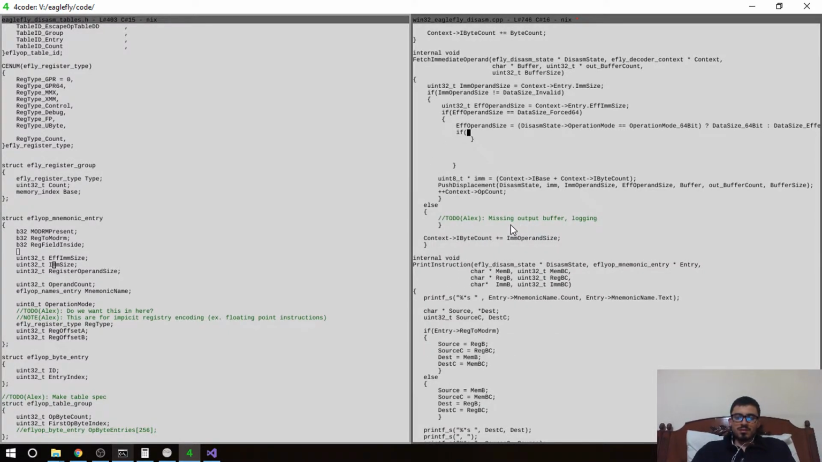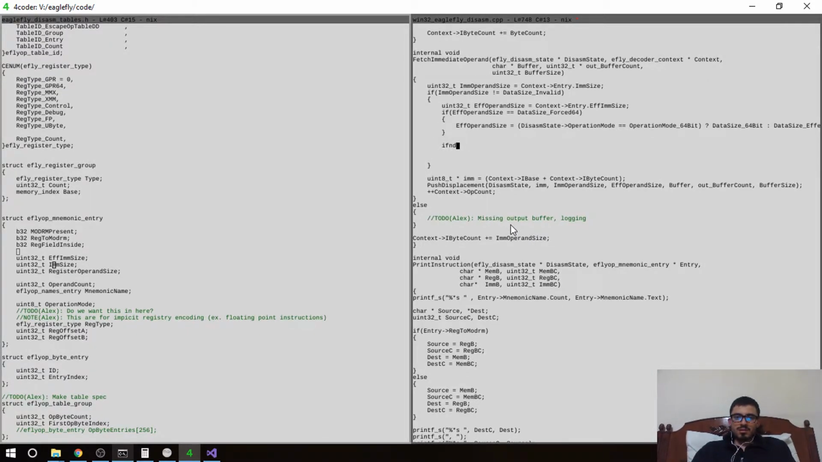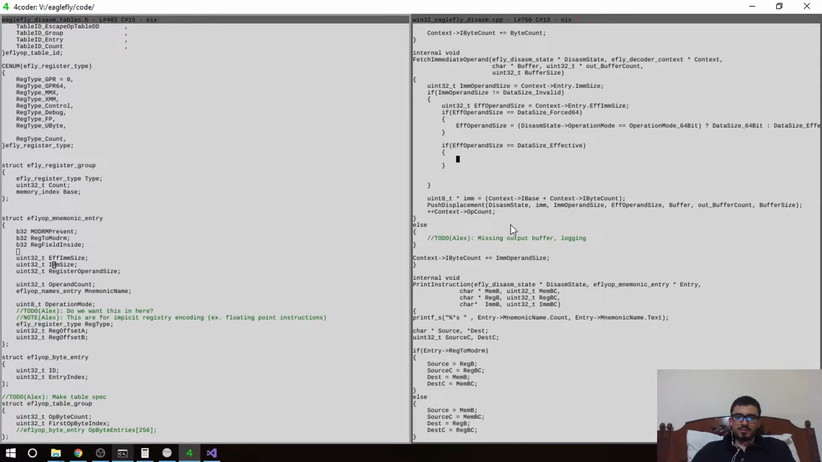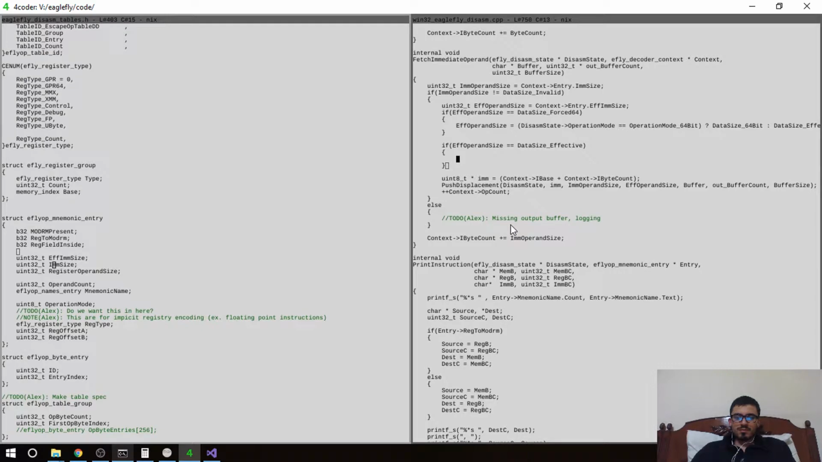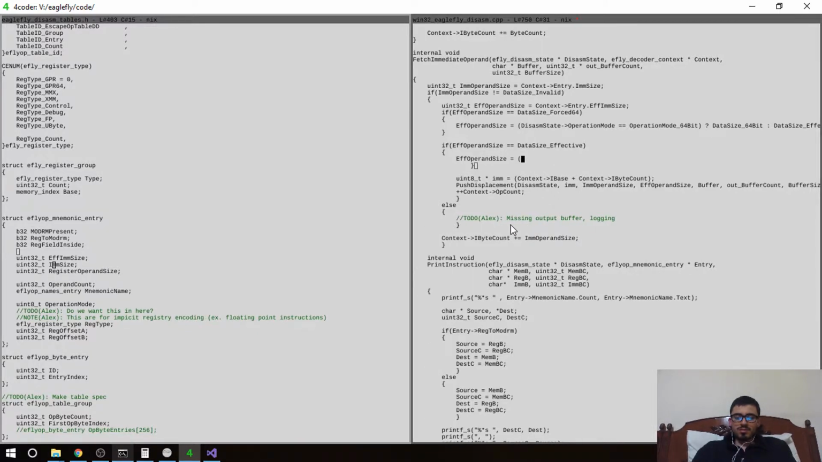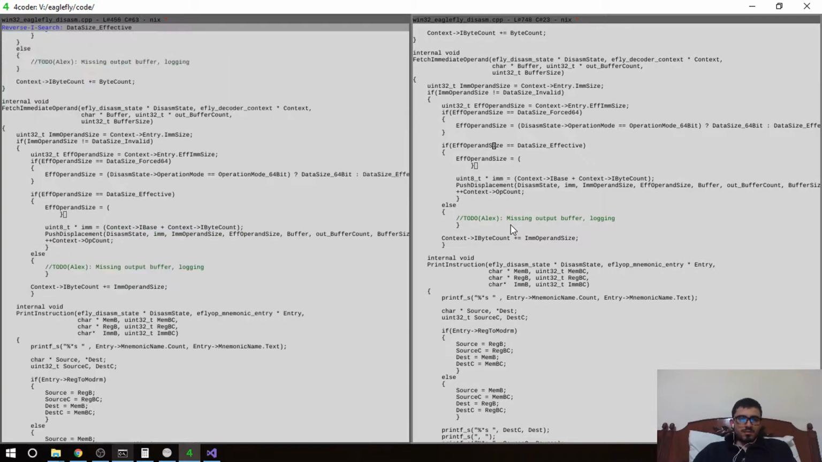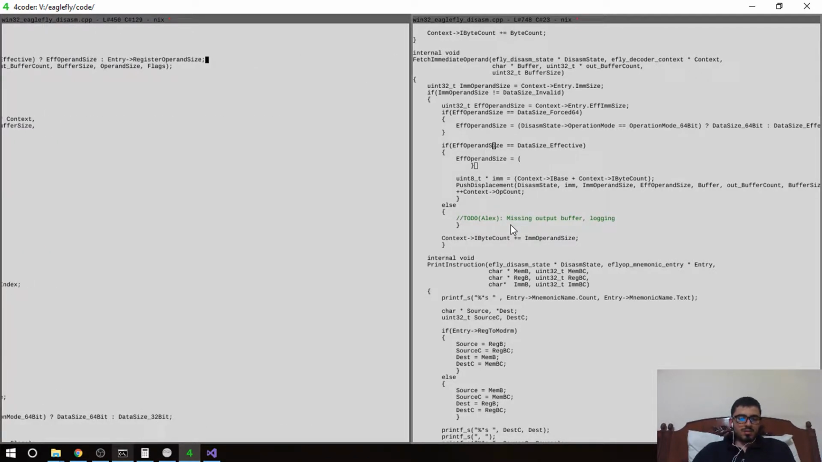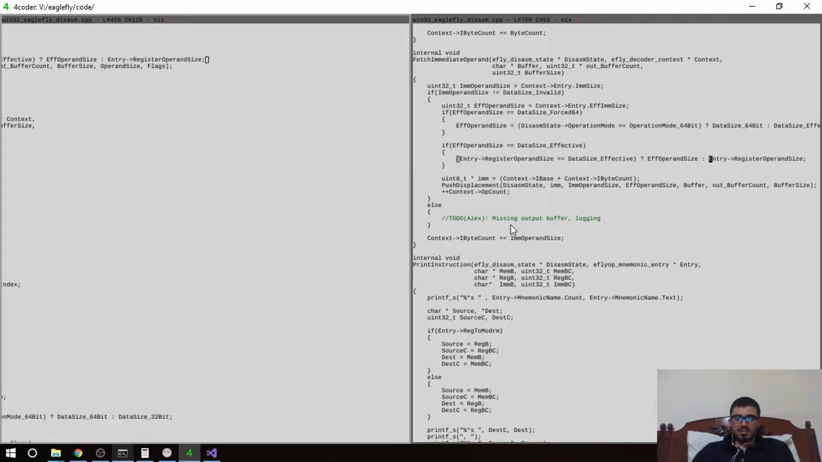if effective operand size, data size effective, data operand size equal to this state, and this is where we say that I have the effective thing on the operand here, and I say entry register operand size